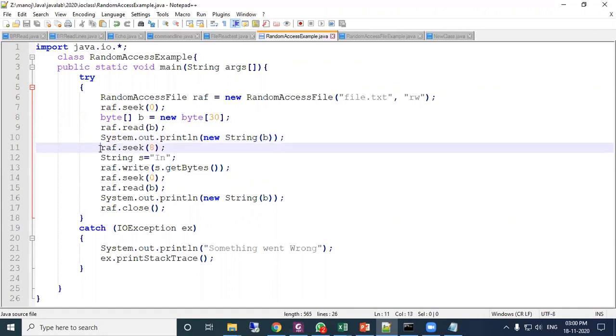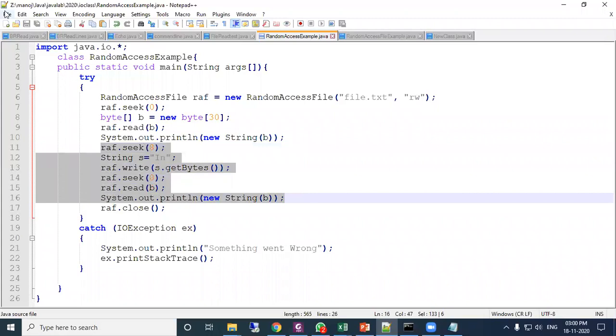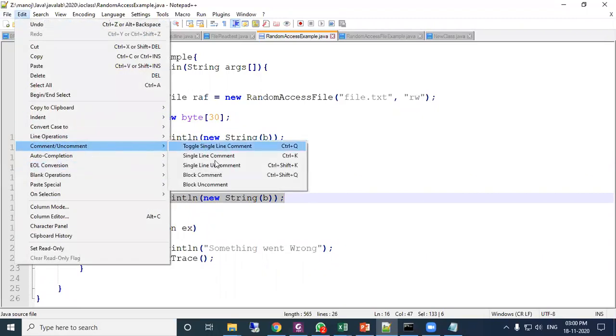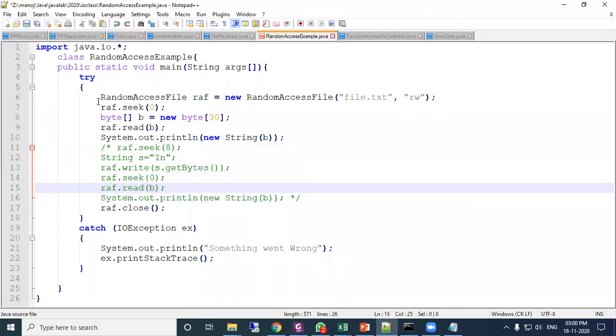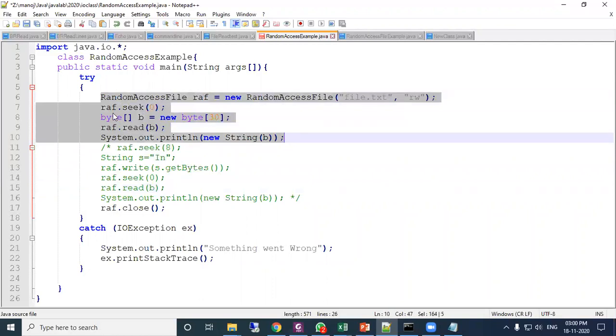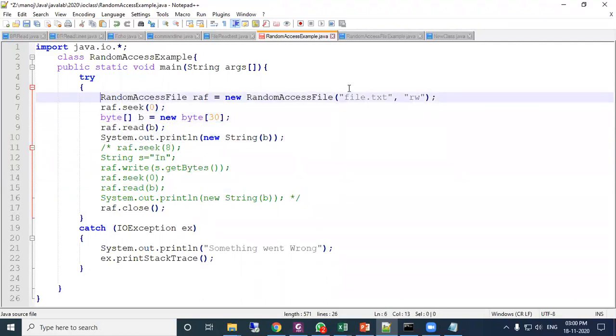Okay. Now let us first test this part. Only this part. So this is to open a file in read-write mode. This is to move the file to a particular position.